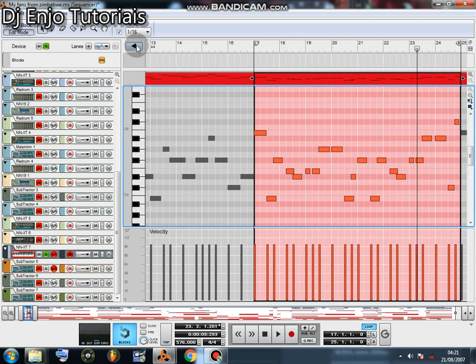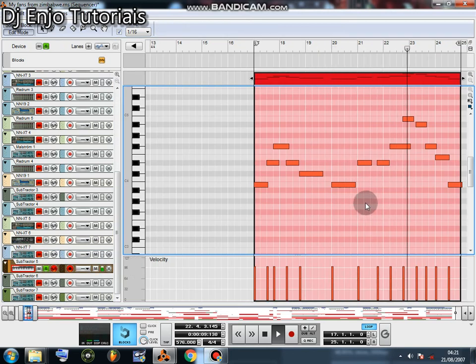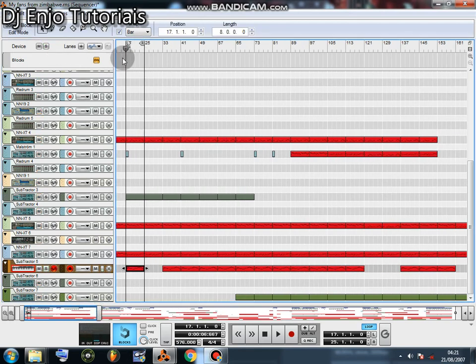I use the fat velo bass for this melody. After this melody, let us hear this one here. I like to duplicate it, but let us hear how it sounds. I had to lower the volume. So let us play